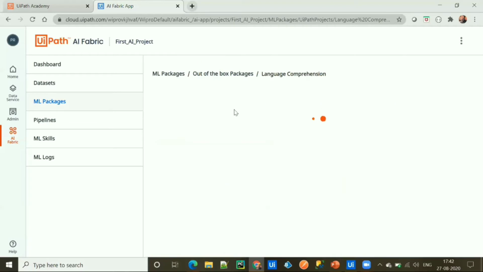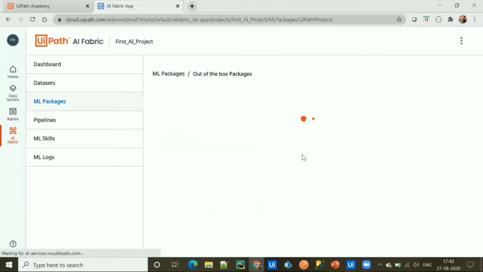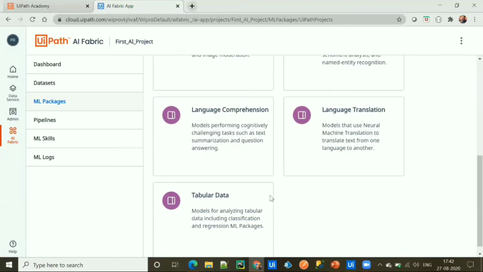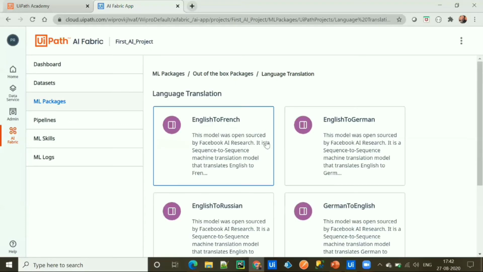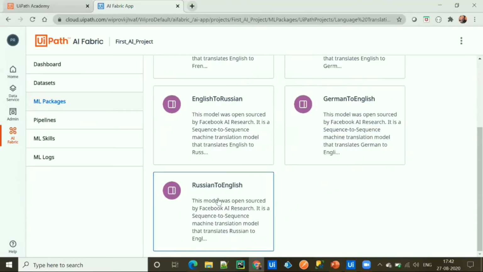Under Language Comprehension, you'll see question answering, semantic similarity, and text summarization. And under Language Translation, you'll see a lot of packages to translate English to French, English to German, English to Russian, German to English, and Russian to English.